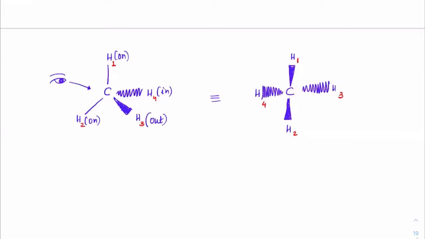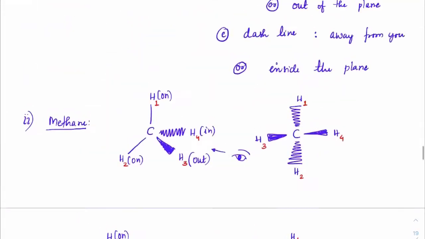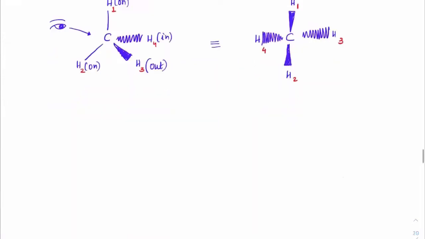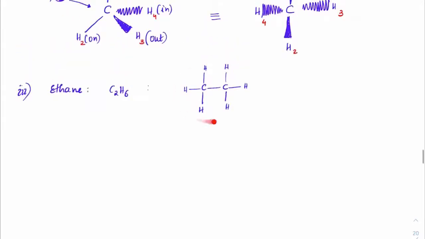Now what we will try to do next is the same thing for ethane that we have done for methane, and see what would happen. So in general, when we write ethane, it would be C2H6, where we have a carbon and 3 hydrogens connected to it. So the general representation of ethane is this one.